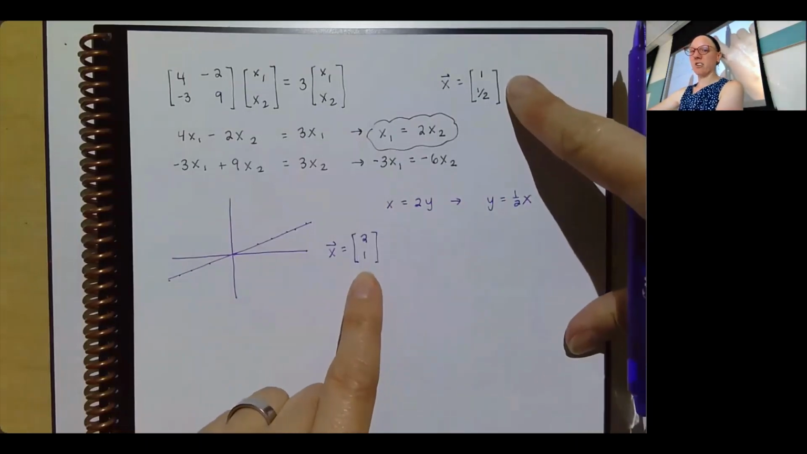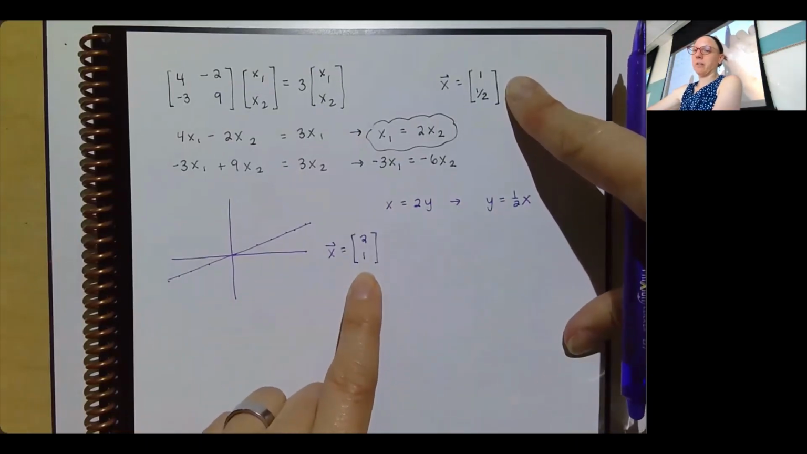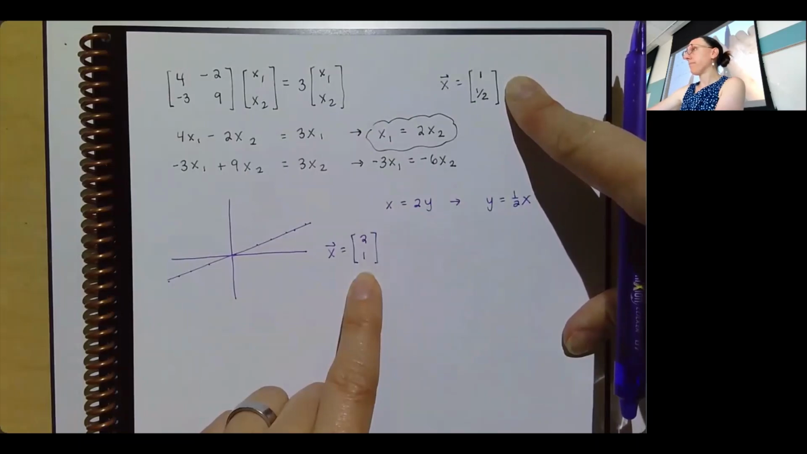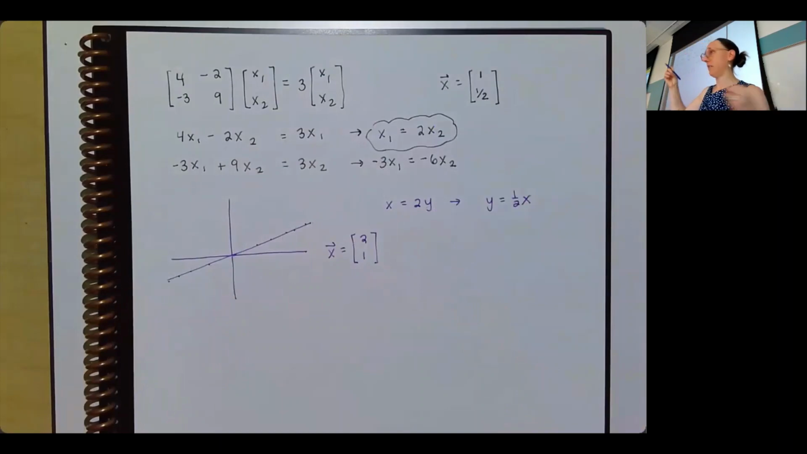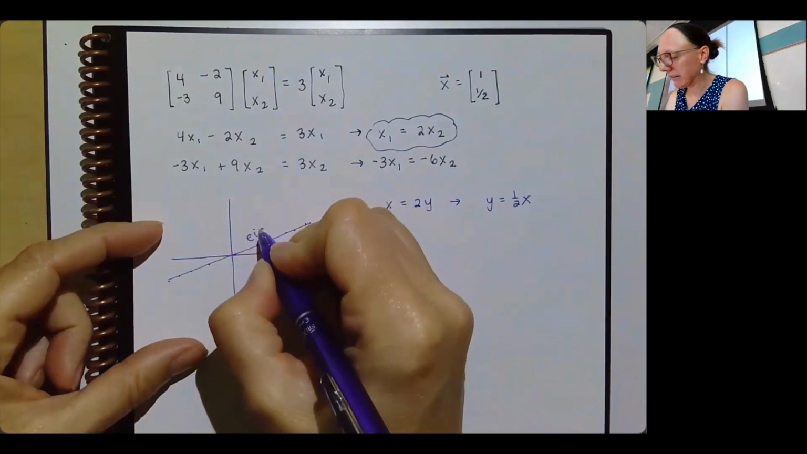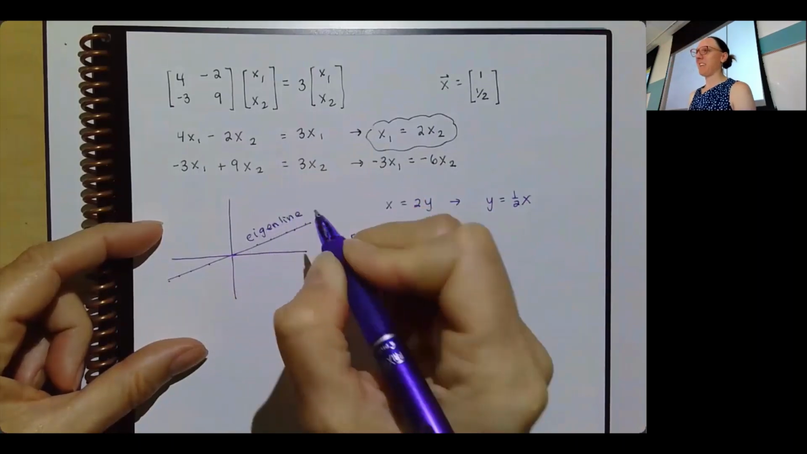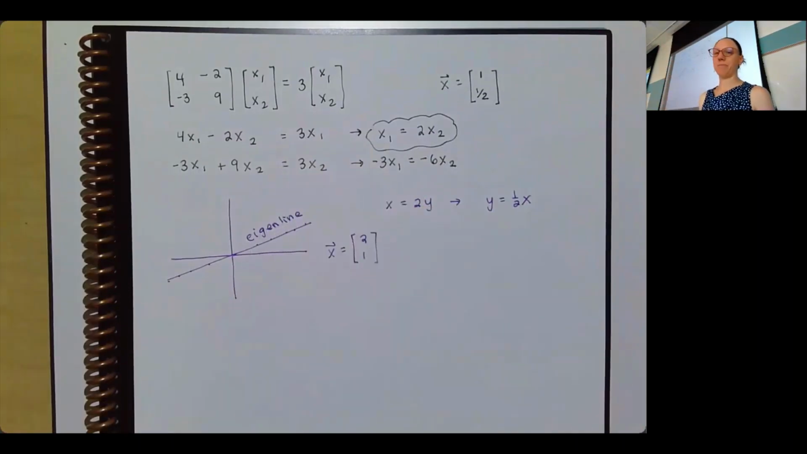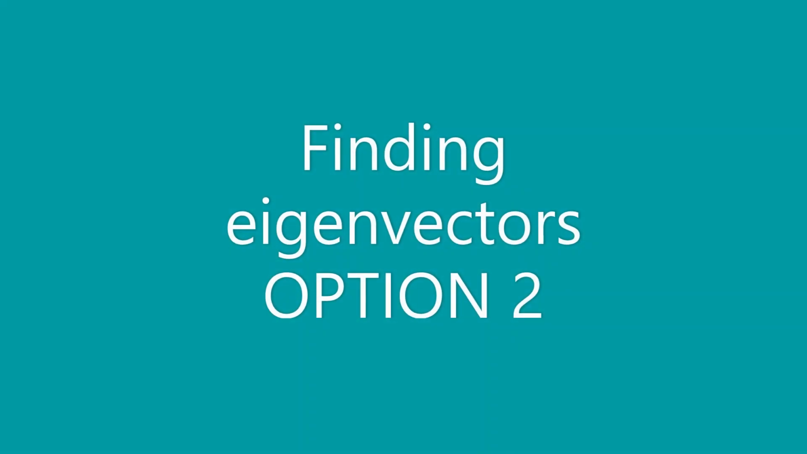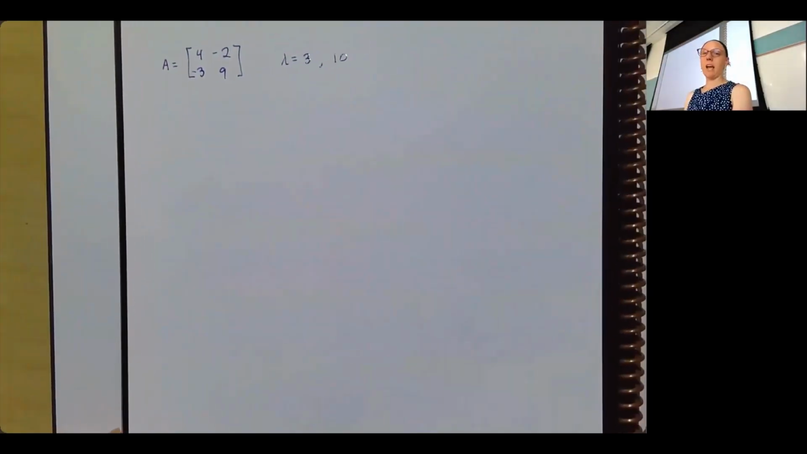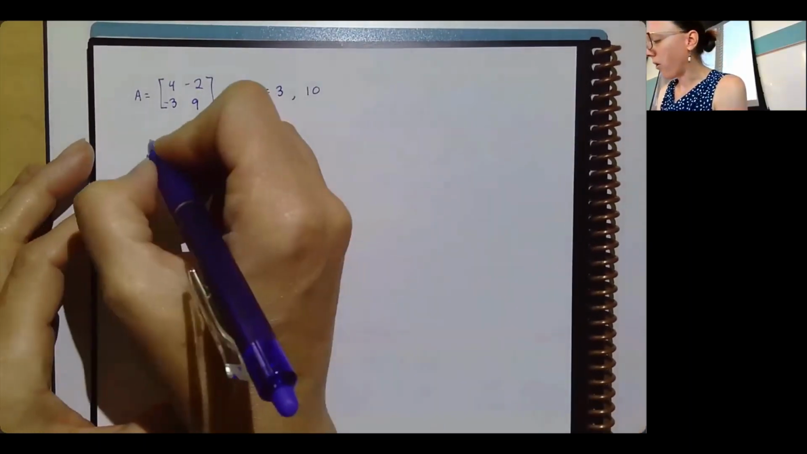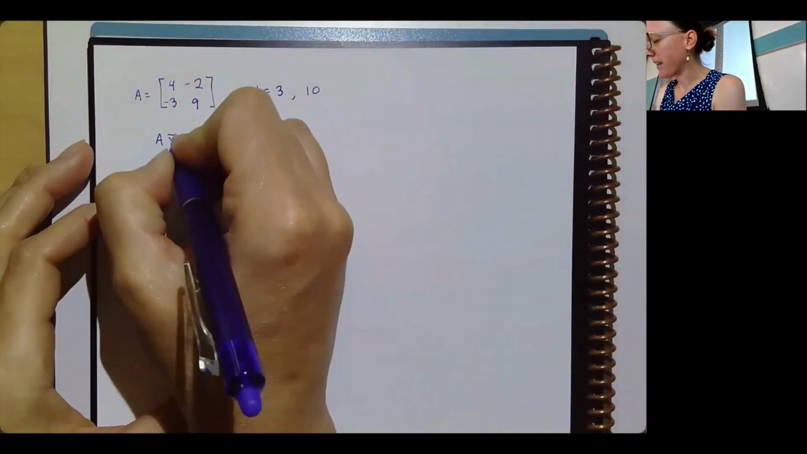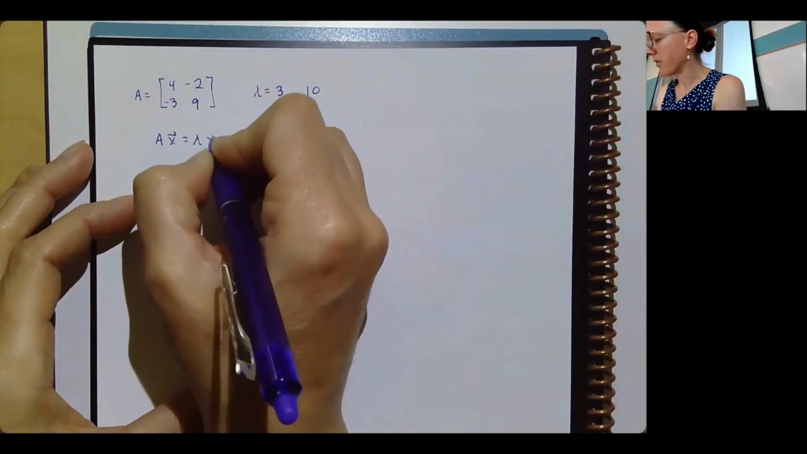Both of these are eigenvectors. Eigenvectors are never unique. The relationship gives me an entire line where any point on that eigenline represents an eigenvector. So I find my eigenvectors by going all the way back to the Ax equals lambda x version of the